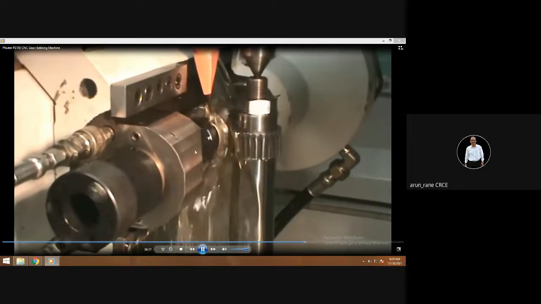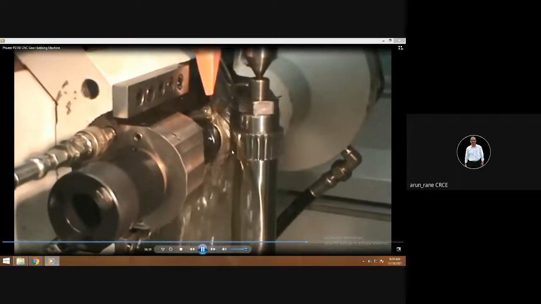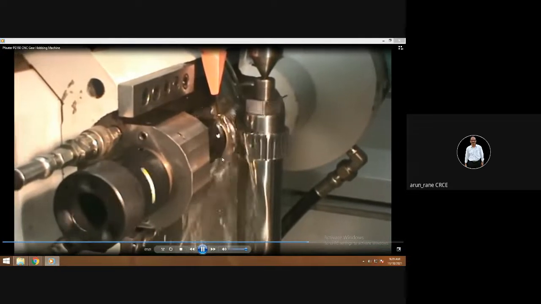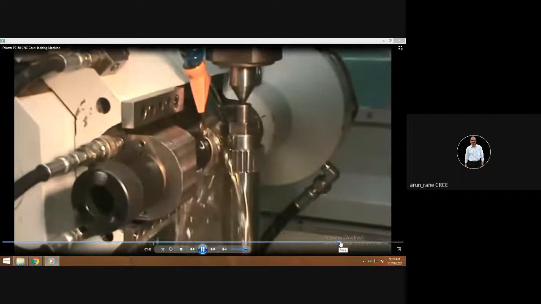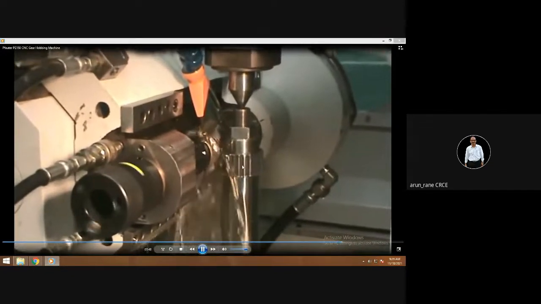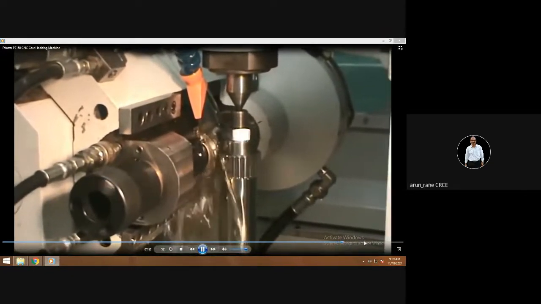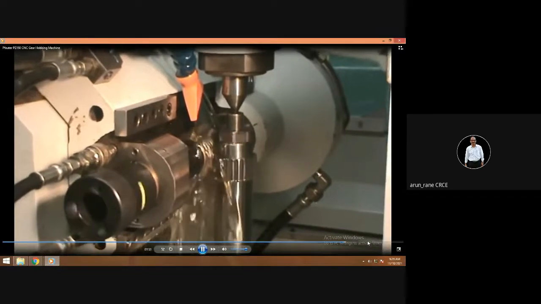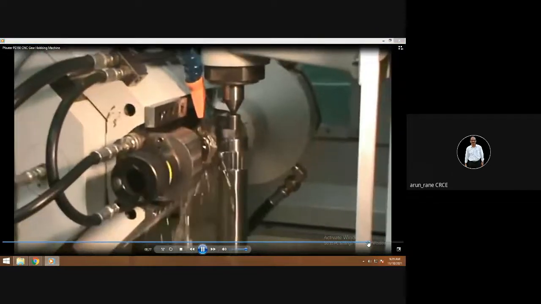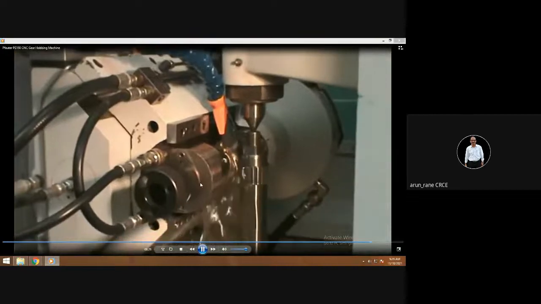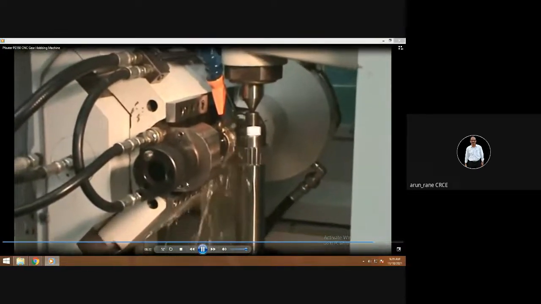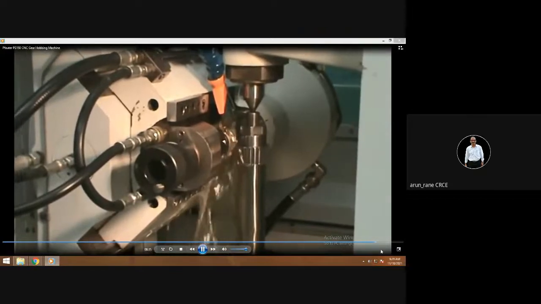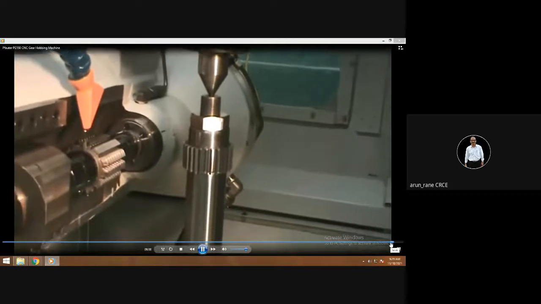Sometimes the full depth is taken, or sometimes a series of cuts are taken. That depends upon the rigidity of the machine, the workpiece material, and the cutter material. If the rigidity is good and the workpiece material is not hard, then you can go for one cut. That is, you can finish the gear in one single cut. Otherwise, you can take 3 or 4 cuts to finish the gear teeth.